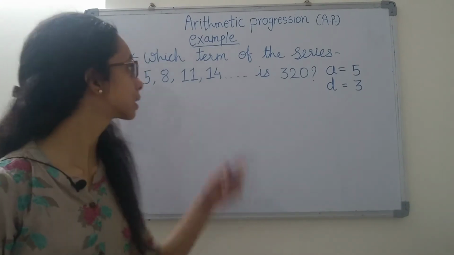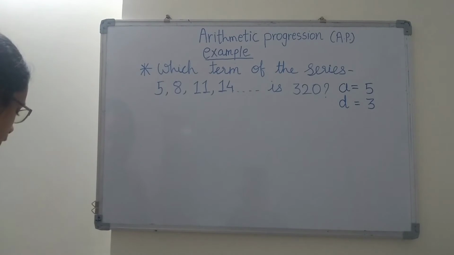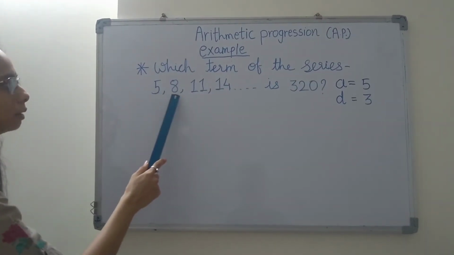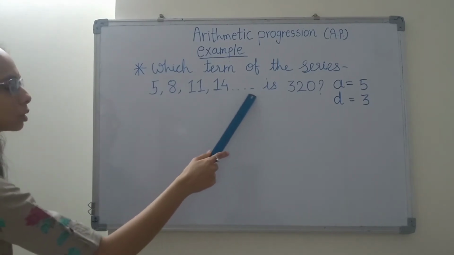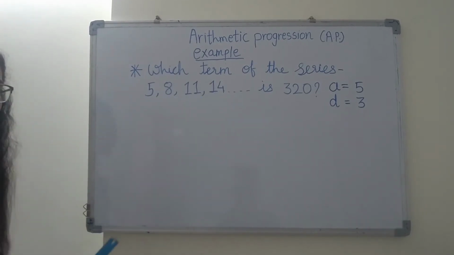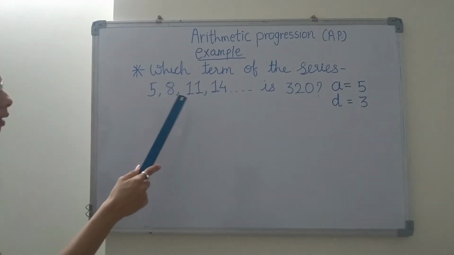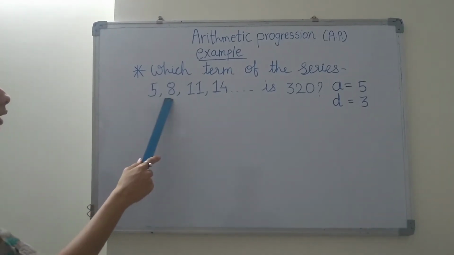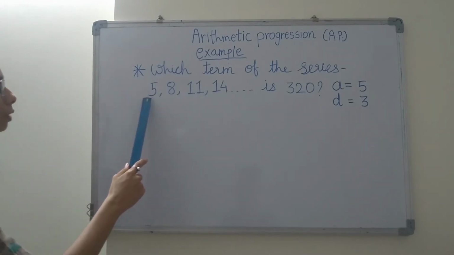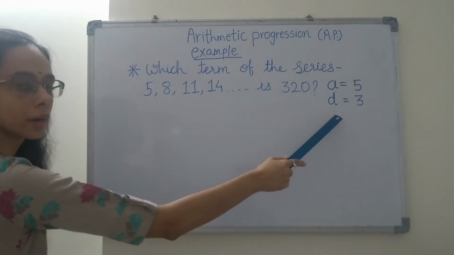So friends, now let us learn the second example of the series. What does it say? Which term of the series 5, 8, 11, 14 and so on is 320? This is an example of an arithmetic progression series because the difference between the consecutive terms is constant. 5 and 8, the difference is 3. 8 and 11, the difference is 3. So we have written the first term a is equal to 5 and d, which is the common difference, is equal